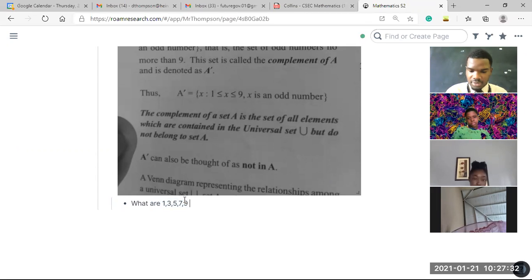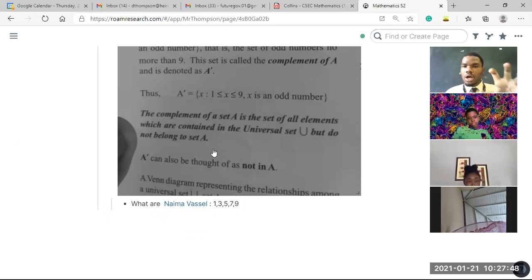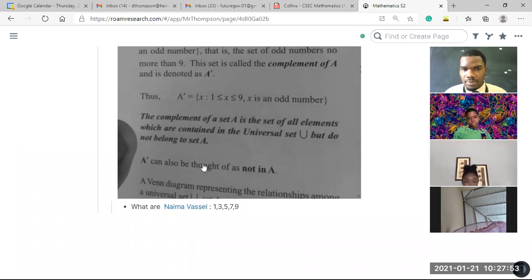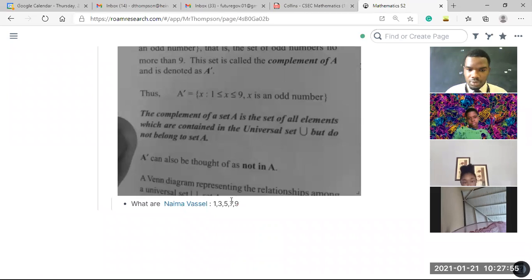Let me put 9 more. All right. Off the bat, is she correct? I would say yes, she is correct because as you can tell, these are odd numbers. So if I pulled out all the even numbers from set A, the only thing that I would have remaining is odd numbers. So this set that we pulled from the set U,